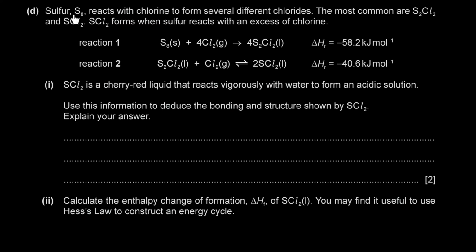Sulfur S8 reacts with chlorine to form several different chlorides. The most common are S2Cl2 and SCl2. SCl2 forms when sulfur reacts with an excess of chlorine. SCl2 is a cherry red liquid that reacts vigorously with water to form an acidic solution. Use this information to deduce the bonding and structure shown by SCl2. Explain your answer. Now, SCl2 is a liquid at room temperature, which suggests that it's a simple molecular compound